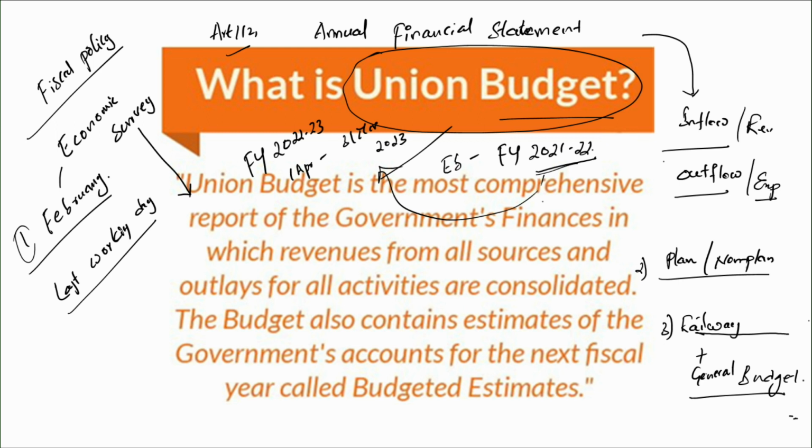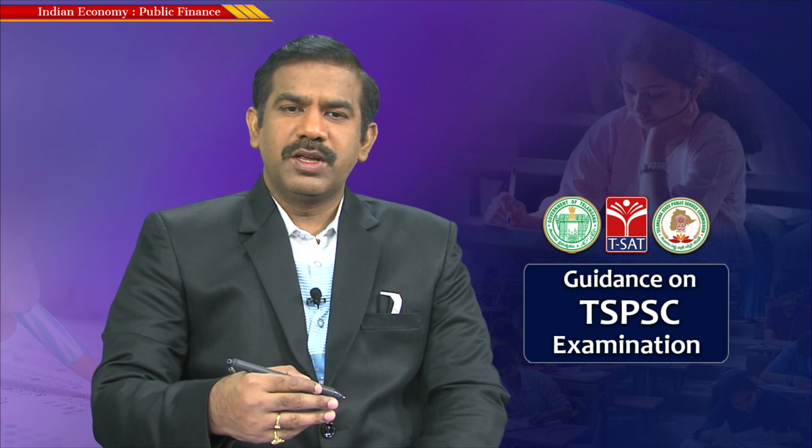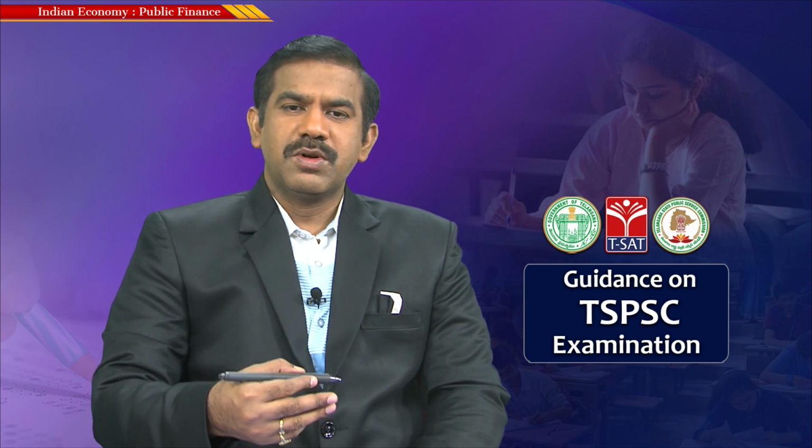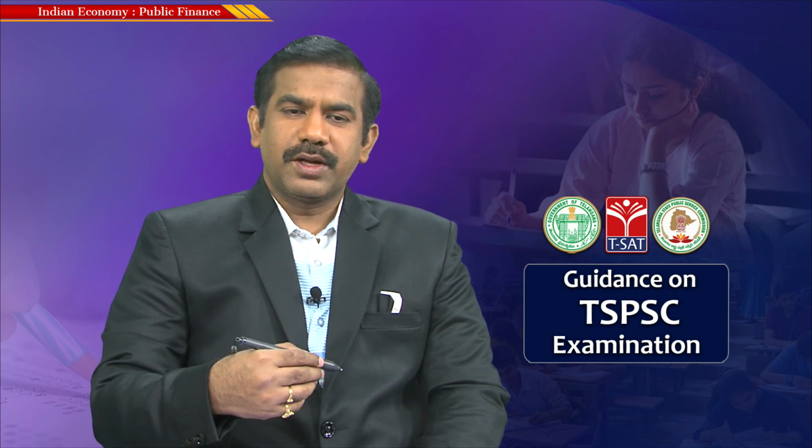What exactly is the budget? Union budget is simply the comprehensive report of government finances, in which revenues from all sources and outlays for all activities are shown. I mean, how am I going to mobilize money, how much is going to be my tax income, how much is through my disinvestment proceeds, how much money I am raising through borrowings,